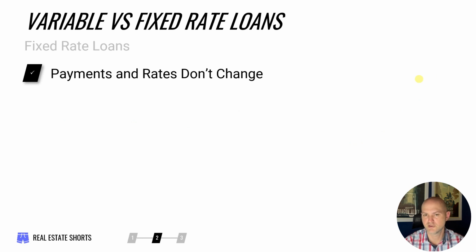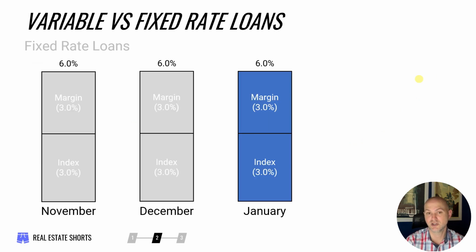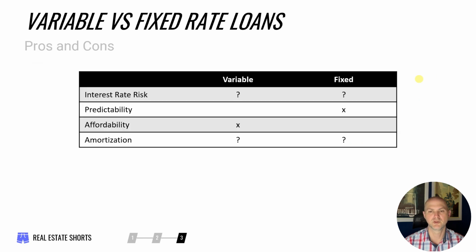This one I think is a lot more straightforward, right? The payments don't change because the underlying rate doesn't change. So if we come back to the same example, here we have November, the index is 3, the margin is 3. In December, it's the same 3 and 3. And in January, it's the same 3 and 3. So if we take a look at pros and cons, then I think we can begin to create almost like a little matrix that helps us describe where these different kinds of loan types are either good or bad